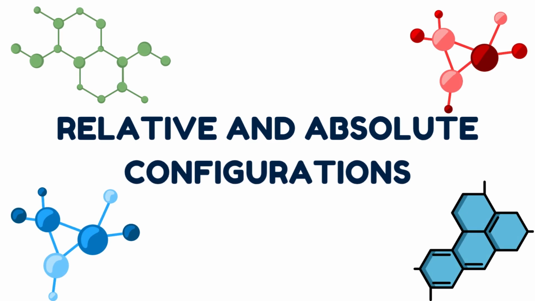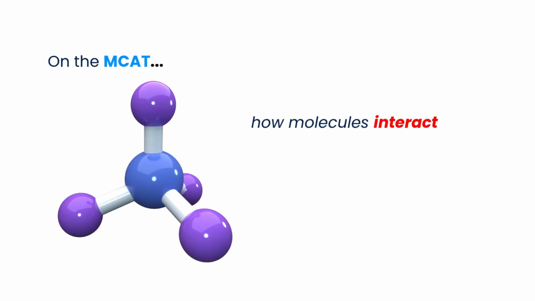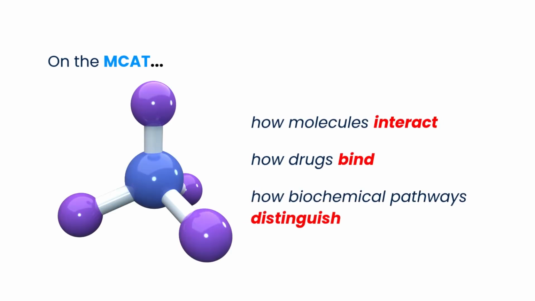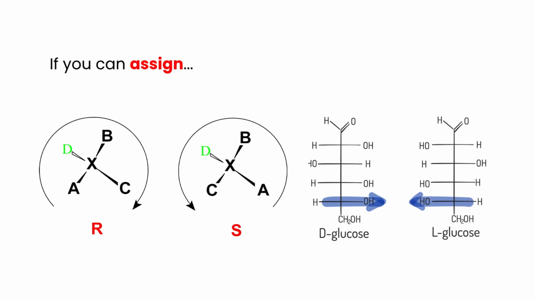Relative and absolute configurations are more than just stereochemistry labels. On the MCAT, they explain how molecules interact, how drugs bind, and how biochemical pathways distinguish between nearly identical structures. If you can assign R, S, D, and L efficiently, you'll gain points on stereochemistry questions and free up time